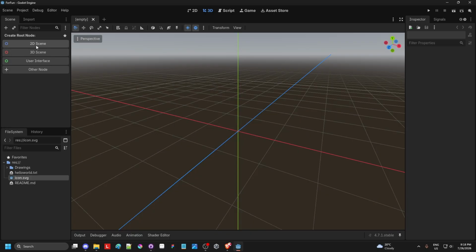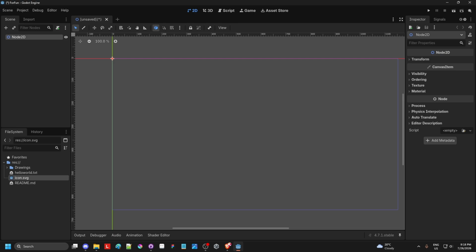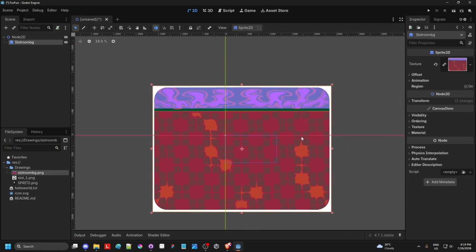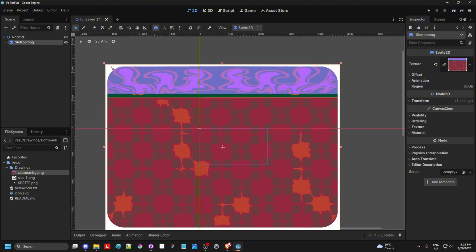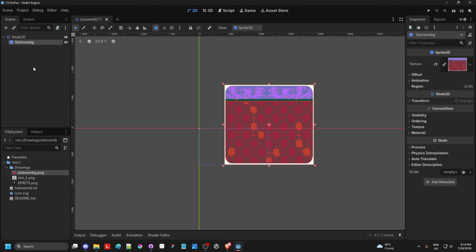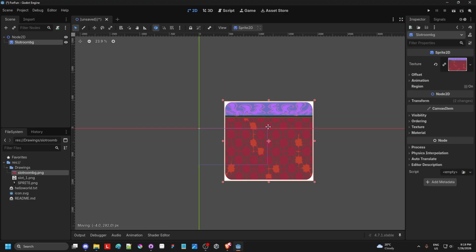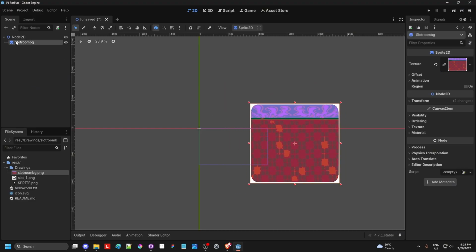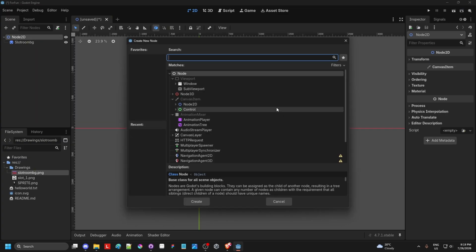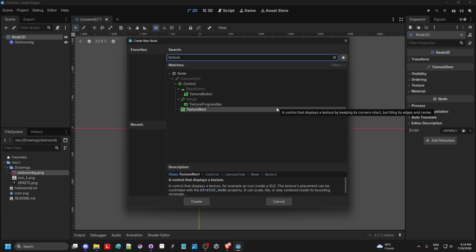I think this will be a 2D scene. We already have the slots in here. So I just drag it into the scene and we have a background. But I don't think it will scale with the size of the screen. So